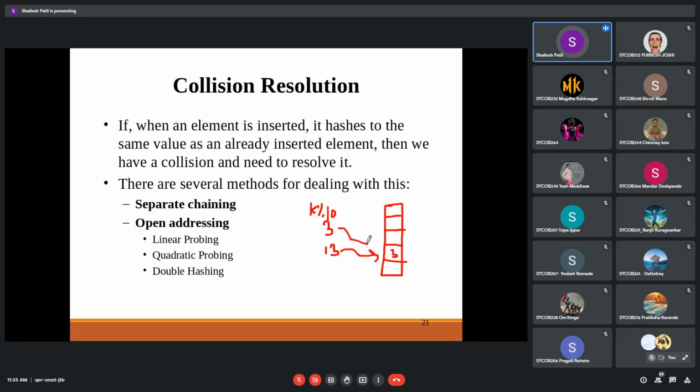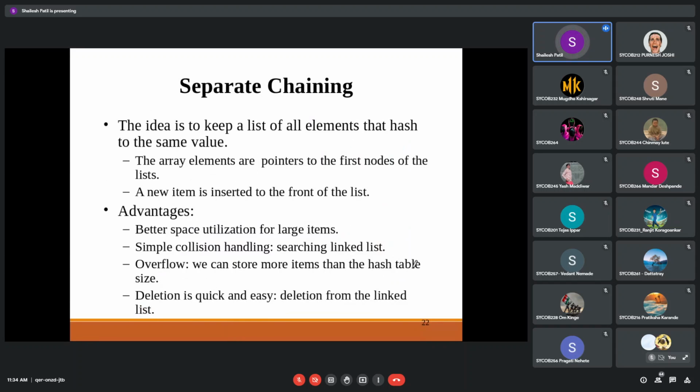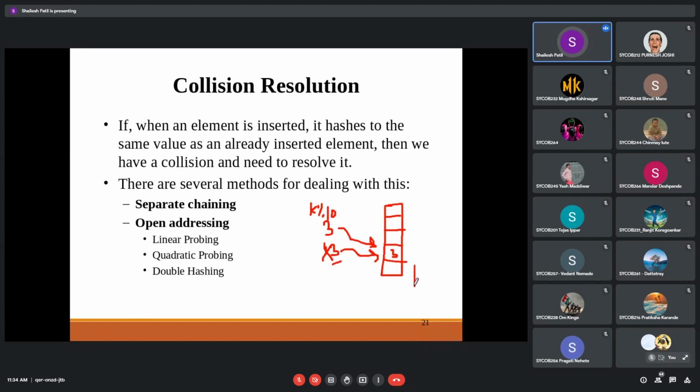There are multiple things we can do. We can directly discard this 13. That is one way, saying that it will not be placeable in the table. But we can find some alternative. Once the collision occurs, you have to find some alternate location below or above in the table, where we can directly place that element in a proper place. That is called the collision. And what is collision resolution? Once we have a collision, we have to resolve it.